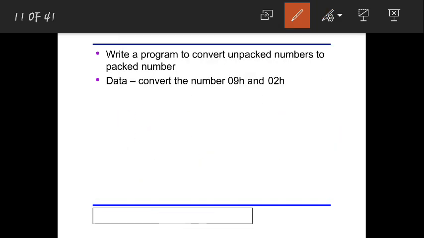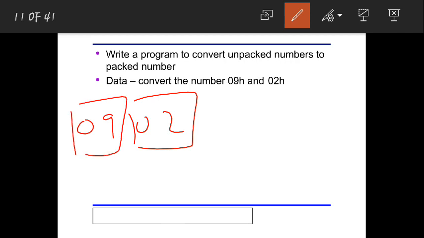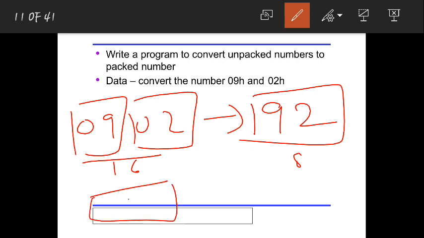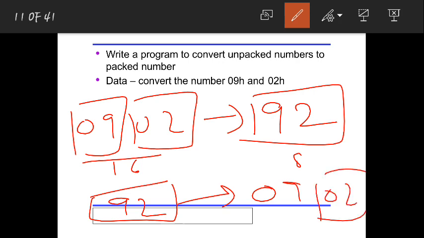So we'll see an example on this. See, I'll just go through it again. 0902, both are unpacked numbers. So to send towards the receiver, first what I'll do is I'll try to pack them. Now this needs 16 bits, but here it needs only 8 bits. After receiving, it will first receive the packed number, right? So this packed number should again be unpacked. This is the original data, because it should receive the original data. Even if a small 1 bit, 0 or 1, is misplaced, then you will get an error, the data will be corrupted. So again it should be unpacked as the original data, 09 and 02.